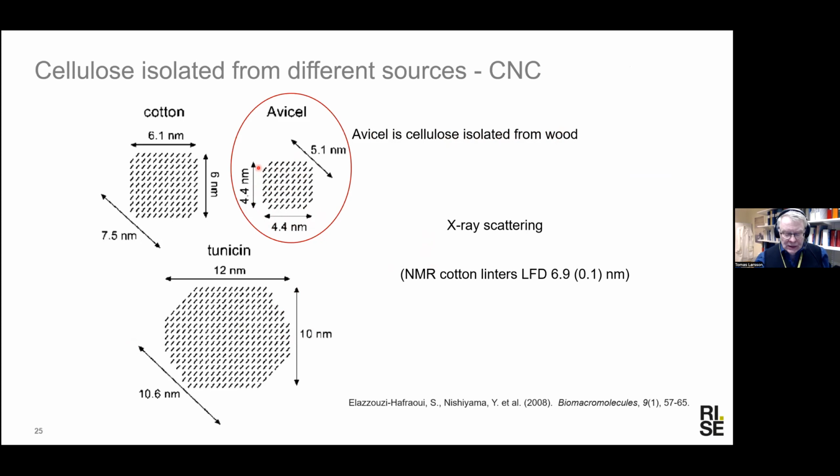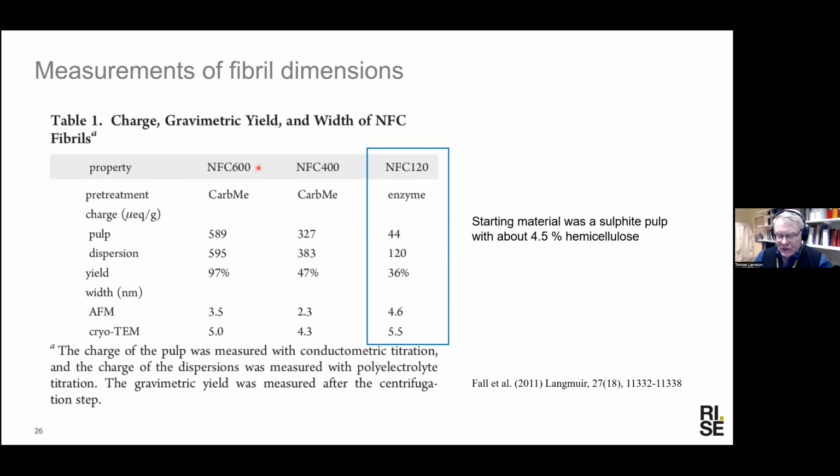So there seemed to be a discrepancy, but I don't think this is so surprising, because if you take a piece of wood and put it in alkali and sulfidity at 150 or 160 degrees centigrade for several hours, why should the cellulose be the same after treatment? And you can see that other